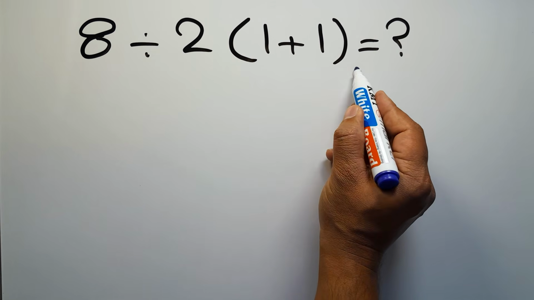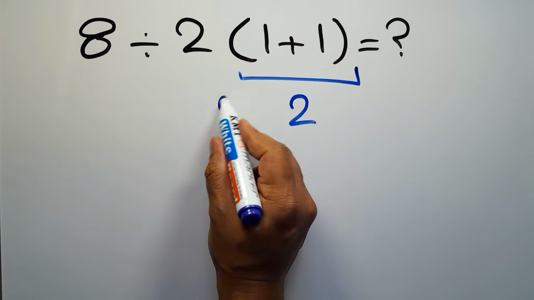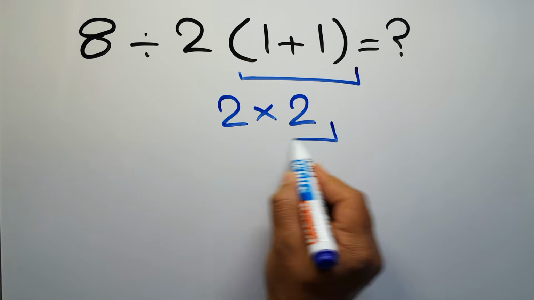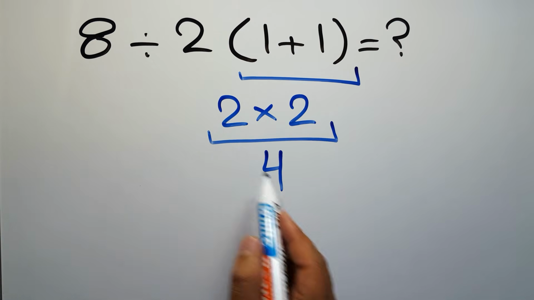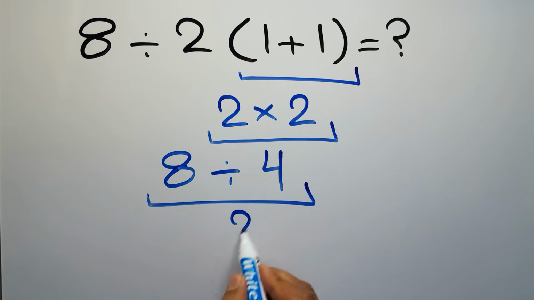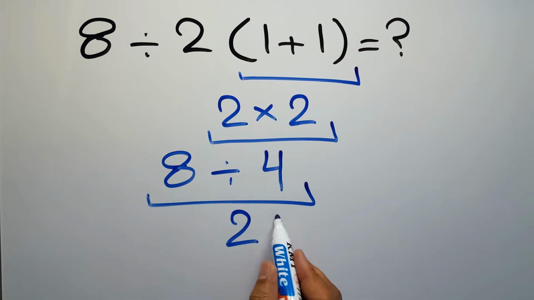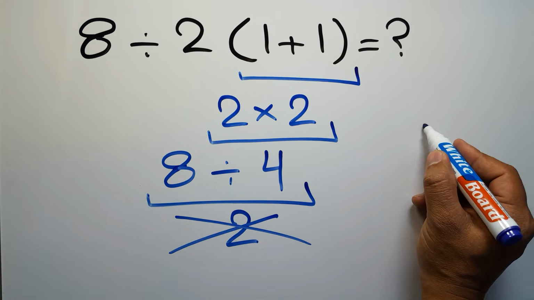1 plus 1 gives us 2, and 2 times 2 equals 4. So 8 divided by 4 is just 2. But this answer is not correct because according to the order of operations, which is PEMDAS,